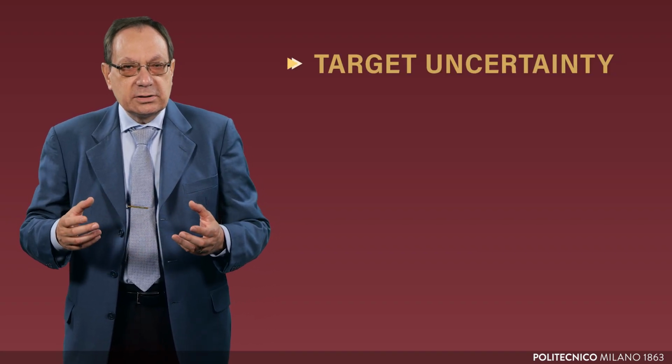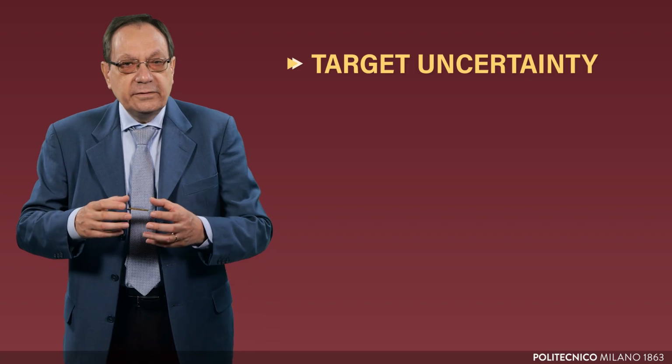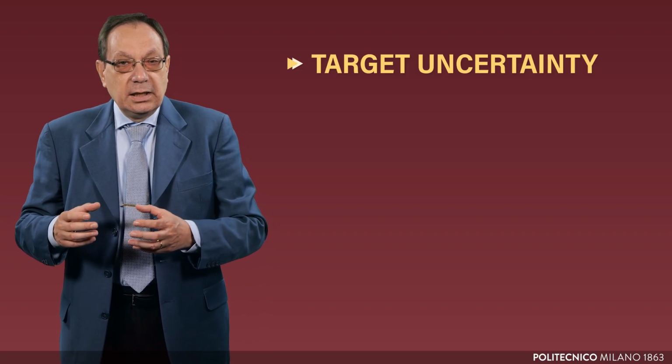Now, pay attention to a point. As the VIM states in another note, the metrological traceability of a measurement result does not ensure that the measurement uncertainty is adequate for the given purpose or that there is an absence of mistakes. In other words, a preliminary analysis is always necessary to understand what measurement uncertainty, known as the target uncertainty, is required for the intended purpose.